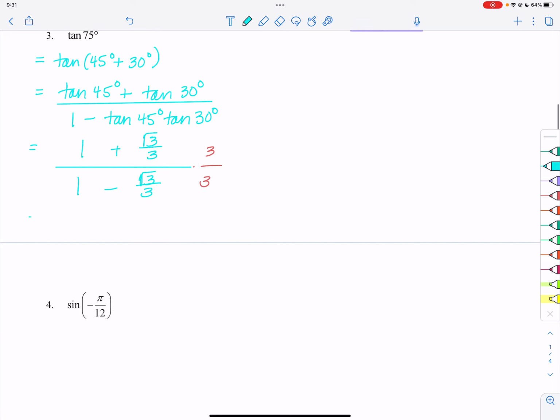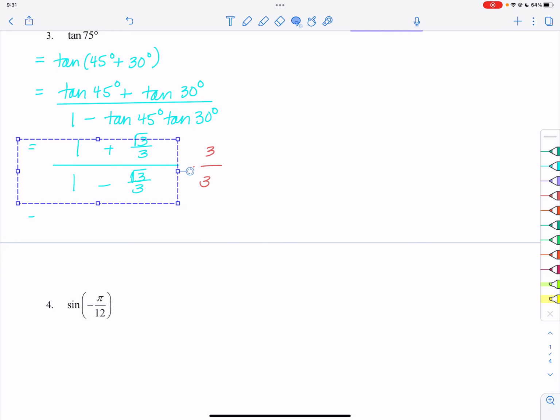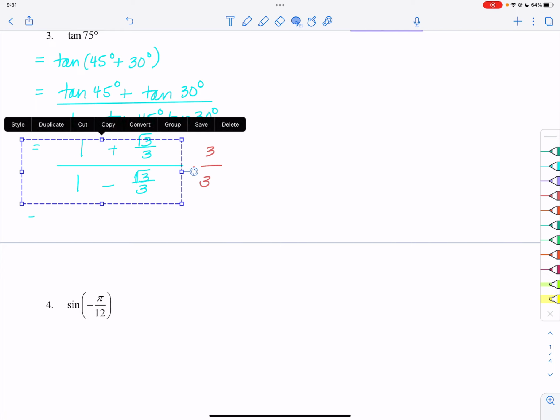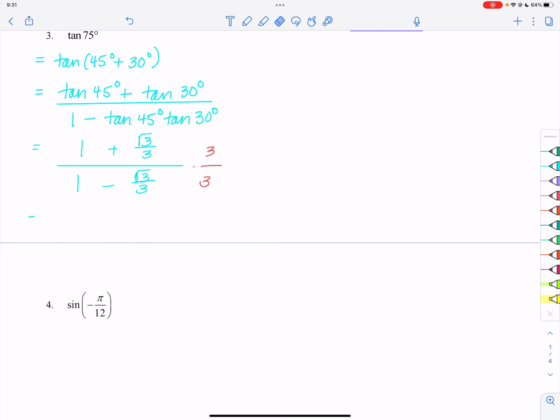And we end up with 3 plus root 3 divided by